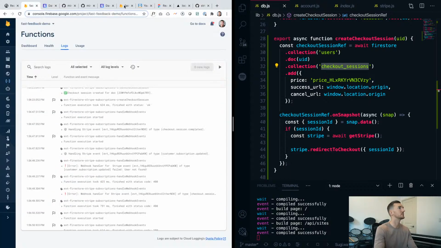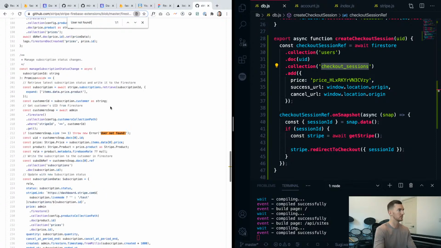I guess I could look specifically where this log was coming from, right? User not found. Manage subscription status change. So when trying to go to the customer collections path, which we have set as users, where the Stripe ID is equal to the customer ID,